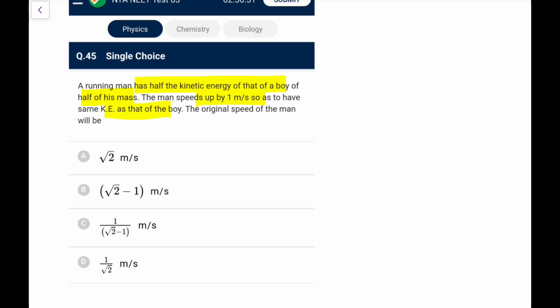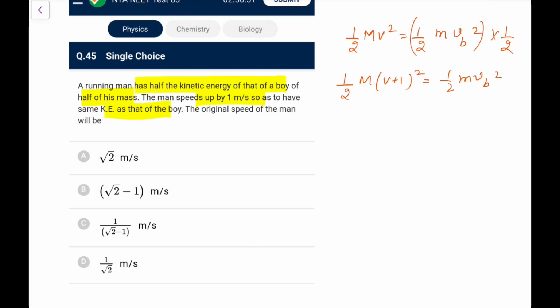This looks like a very simple one, but it's not that simple to solve. So the man has half the kinetic energy as that of a boy of half his mass. Let's say the kinetic energy of the man is half mv square, and this is half of the boy, let's say, who is running with some other speed, let's say vb square. Now the man speeds up by 1 meter per second, so that now it becomes v plus 1 whole square, and now it has half m vb square. Initially it was half of that, so going by this logic, what we can go for here,